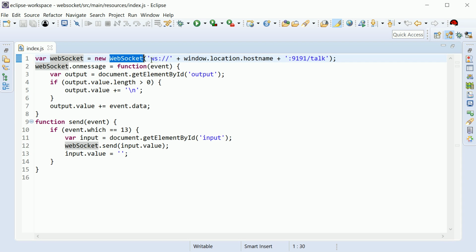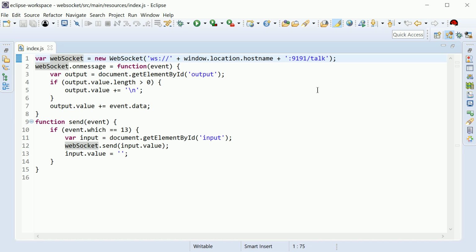And in here, I use the WebSocket protocol schema, which is on top of HTTP, which is actually upgrading an HTTP connection to a more TCP/IP like connection on which I send and receive frames. So the WebSocket server is listening on the same host but on a different port,